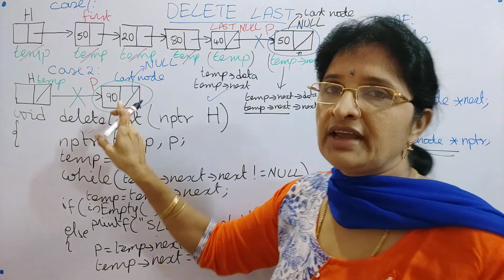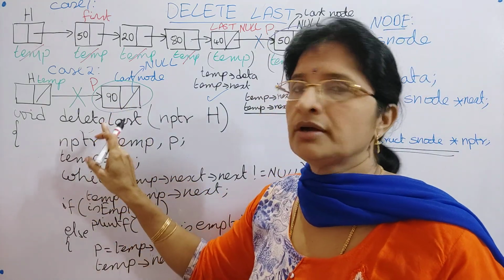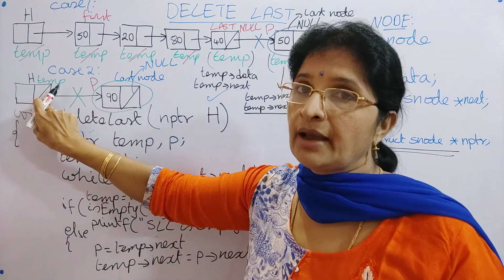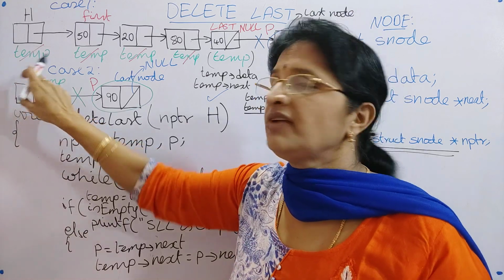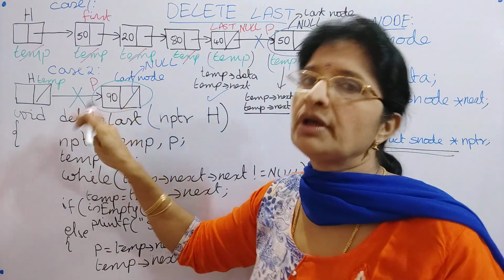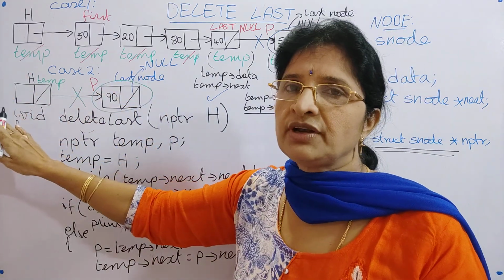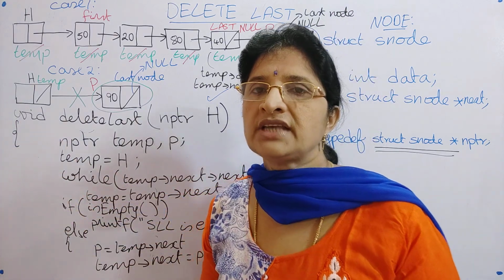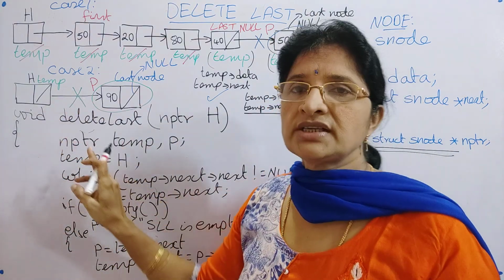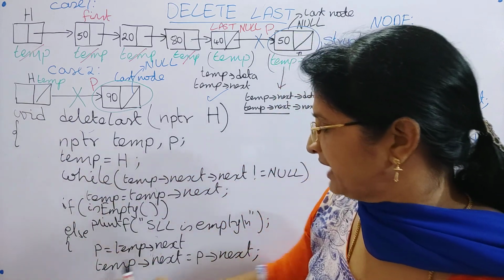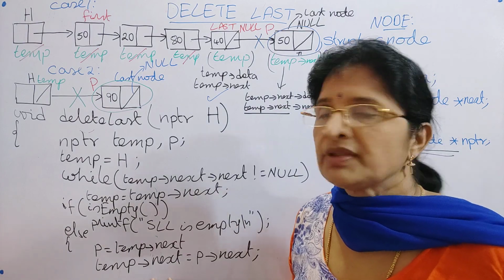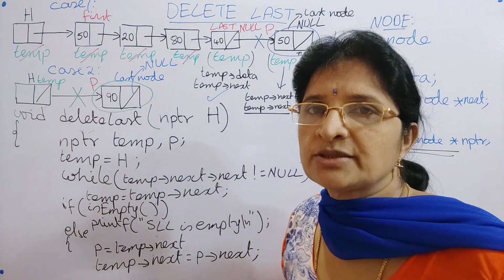So here we have only one node. Even though we have one node, that node is also deleted. And what we are doing here is giving temp next as null, which means indirectly we are giving H next as null. So our condition is satisfied. If you have only one node, that node is deleted and also the list will become empty. How is the list empty? When we say that the list is empty, we mean that H next is null. Here temp next means H next, so we have placed null at that location. So all the cases have been satisfied.